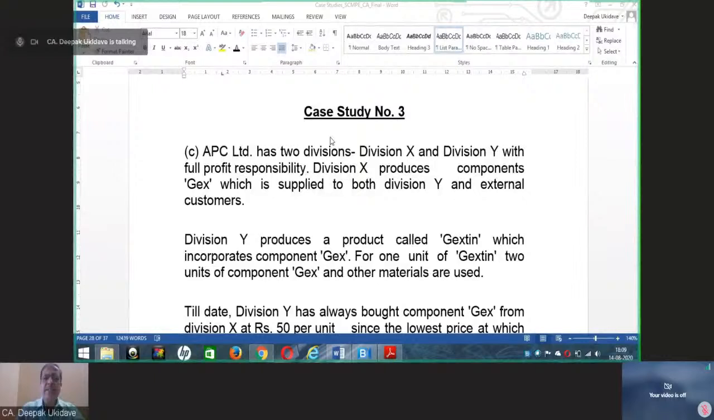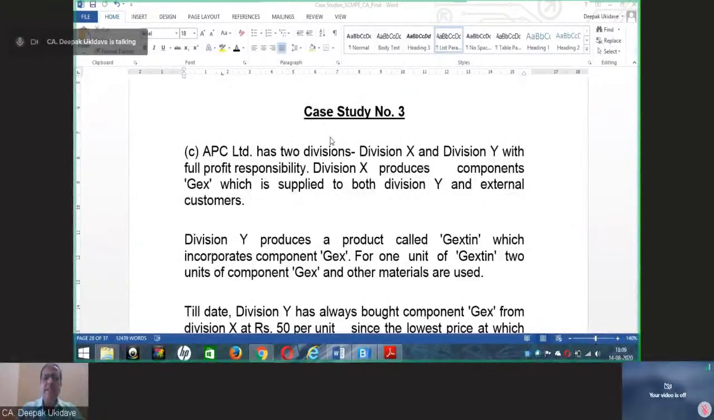So selling and distribution cost of 4 rupees is not included in that 50 rupees price charged to the internal customer, because to an internal customer we never charge selling and distribution cost. So after reading the problem, now let us look at the